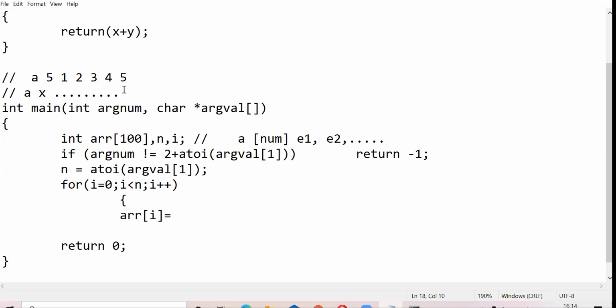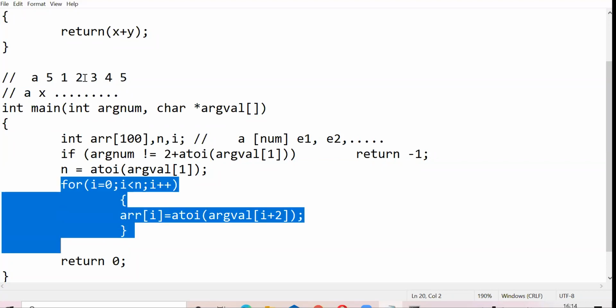And where your array elements start is argval of 2, right? So argval of 2 is your 0th element of the array. Argval of 3 is your first element of the array. So what I'm going to do here is argval of i plus 2. This number 2 is important here. And again, I need to convert it into an integer, right?